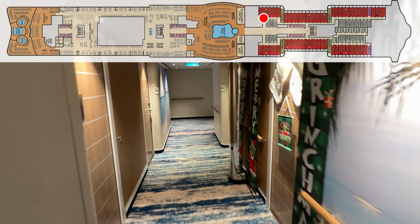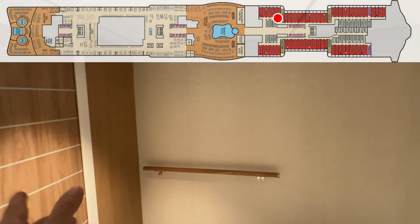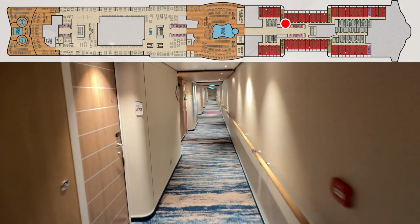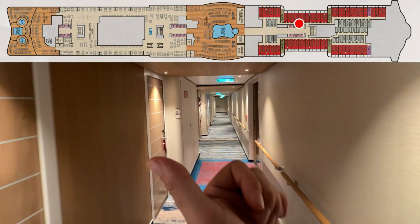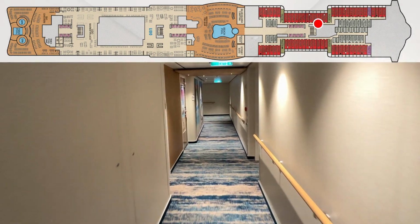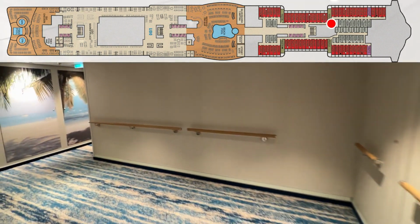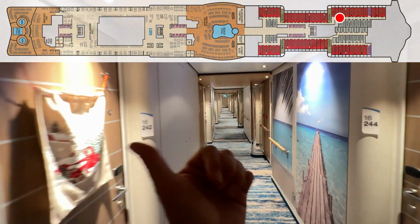16294, 292, 290, 288, 86, 84, 82, 80, 78, back that way, 76, 74, 72, 70, 68, 66, 64. Your elevators and stairs are right there. 62, 60, 58, 56, 54, crew door, 52, excuse me, sorry guys, 50, 48, crew door, 46, 44, 42,